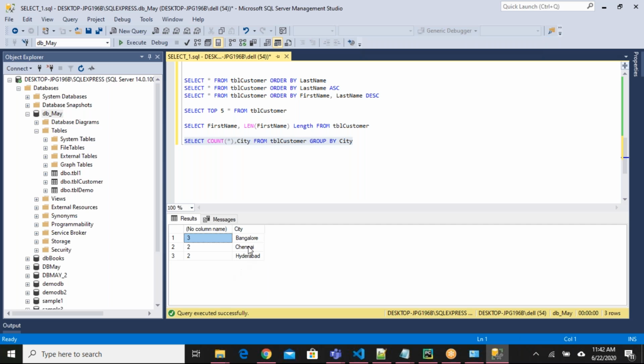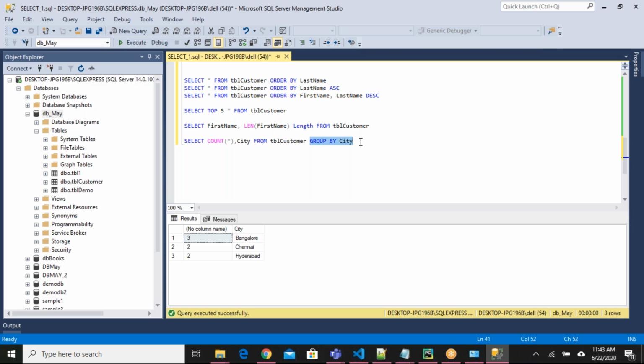See here, I can group the data based on one column, like based on city. I want to group and find the number of records available in that specific city. So I can say count star and the city from table group by city. So it will group the data based on the column you are providing here.